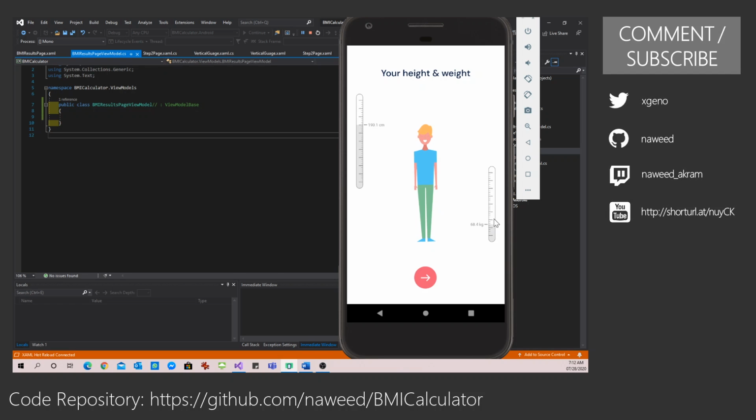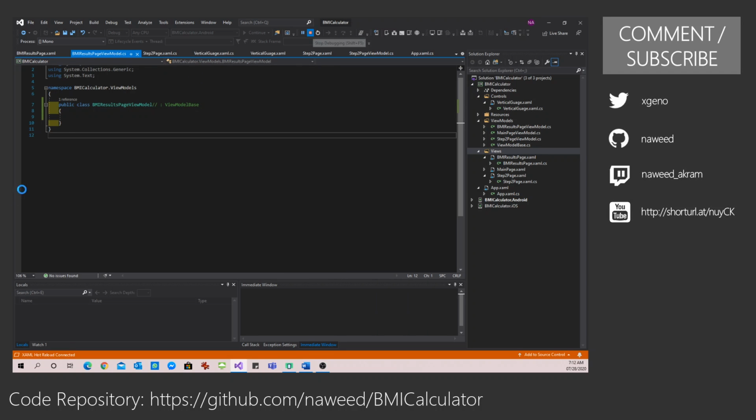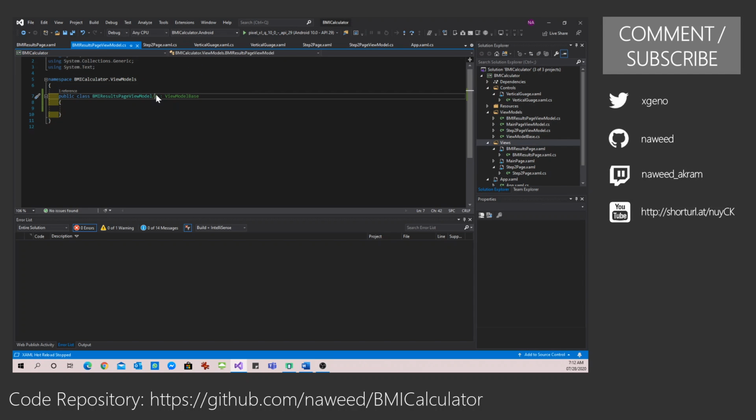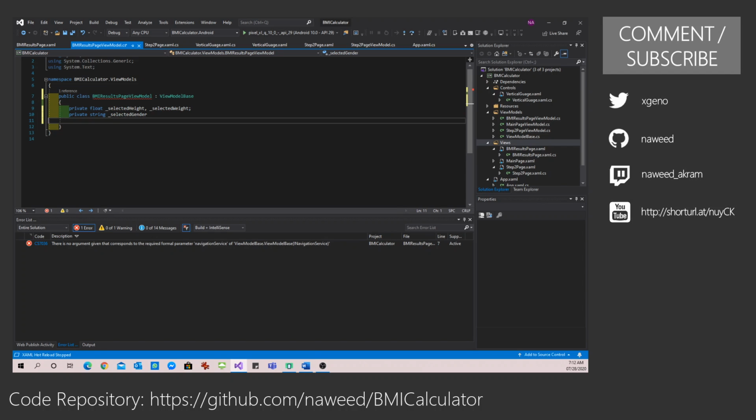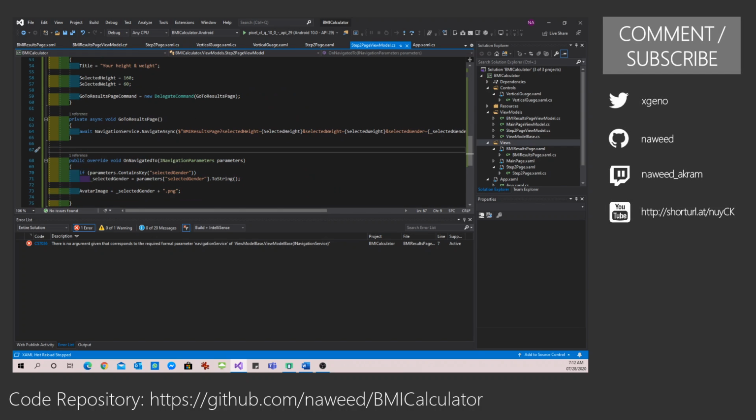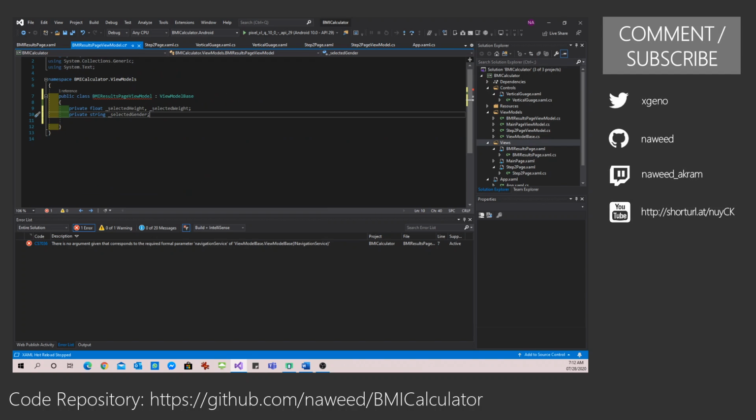So we can select something, say next, it goes to the BMI results page. Now this is where we need to do the computation and display the result. Let us start with the view model first. Very simple. Let me do the computation. So first of all, let me store my local variables, my properties which are coming in. So selected height, weight. If you recall from our step 2 page view model, we are sending the height, weight and the gender. So we need to store this in some local variables,